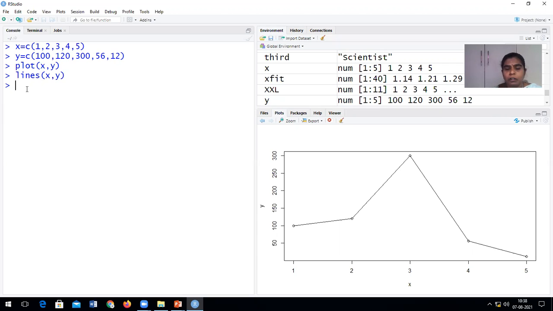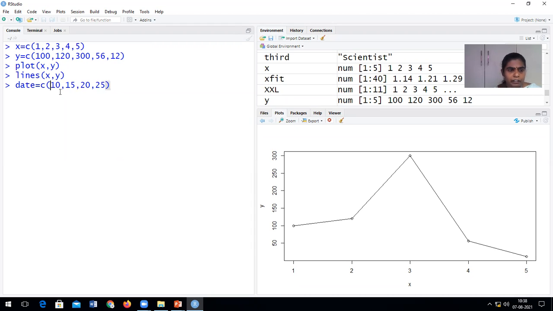For y, you assign any value. For example, you want to plot the gold price as per date. So maybe I can assume that date is equal to c of, we can assume that maybe it is today, so day 1. Then day 10, then maybe 15, then 20, 25.